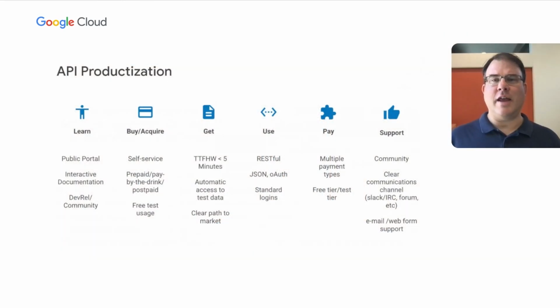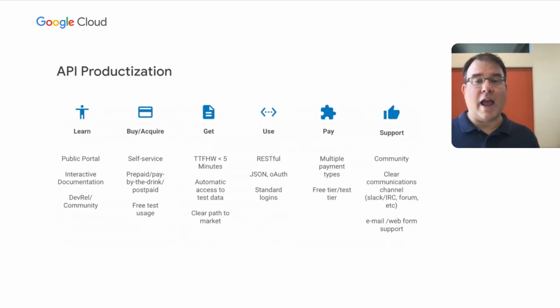So if we look at this chart, this talks about a lot of the things that an API team needs to think about when they're trying to turn an API into a product. Taking something that's just an HTTP endpoint with some JSON and turning it into something that developers from different organizations and different companies can consume. And a lot of these things are things that if you've been following the world of API management or seen any Apogee things before, you've probably heard about. Time to first hello world, for instance, is a really important metric for an API program if you want developers to adopt your API.